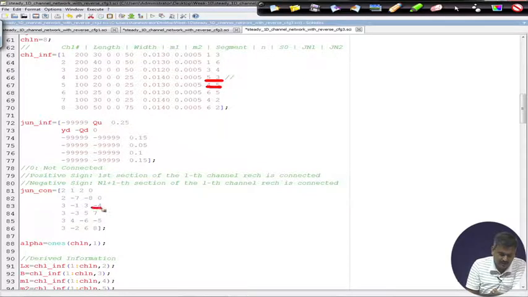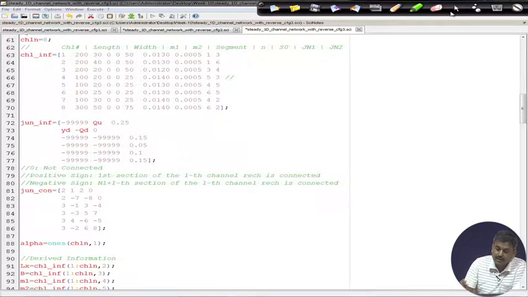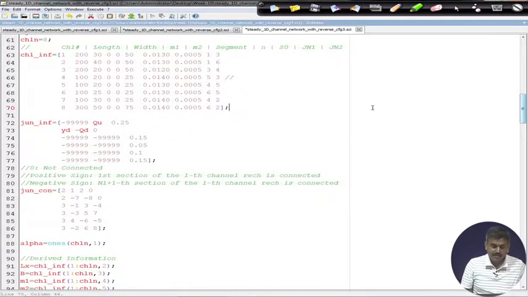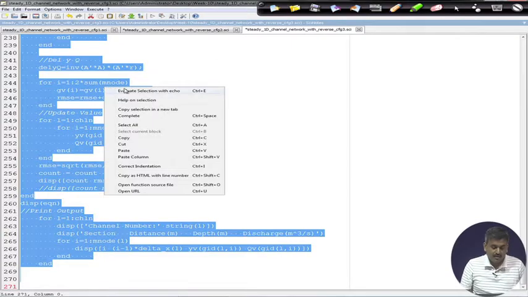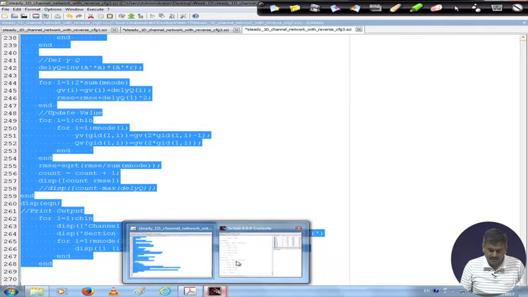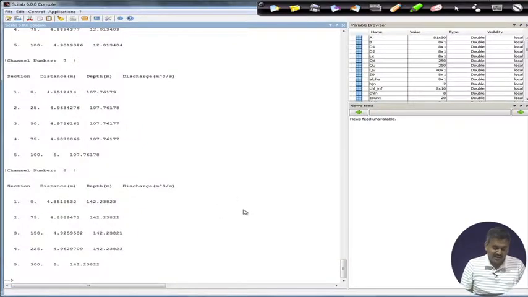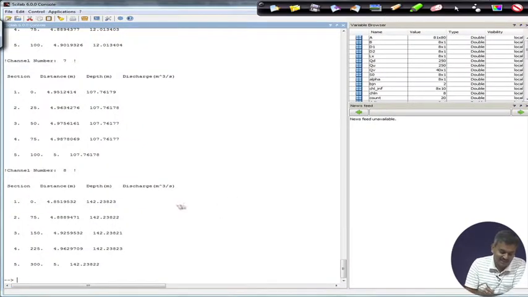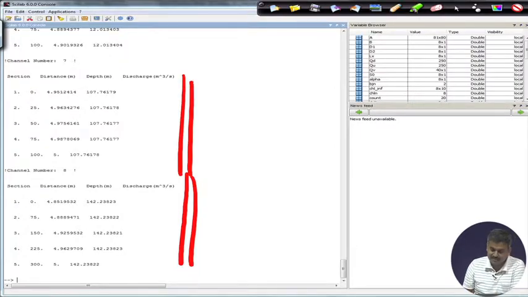In this case -4, 4, this is 5, -5. I can run this with these two changes. Interestingly, I am getting the same result for 8, 7,